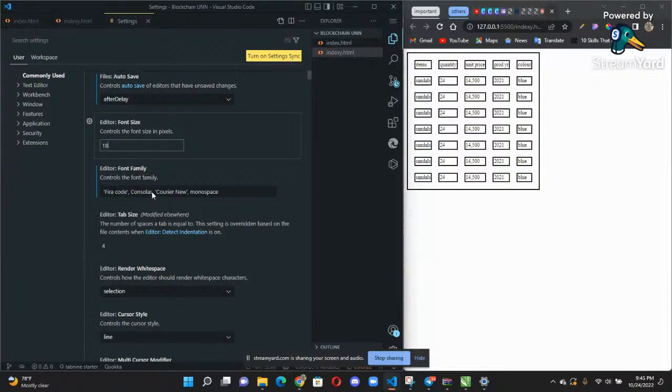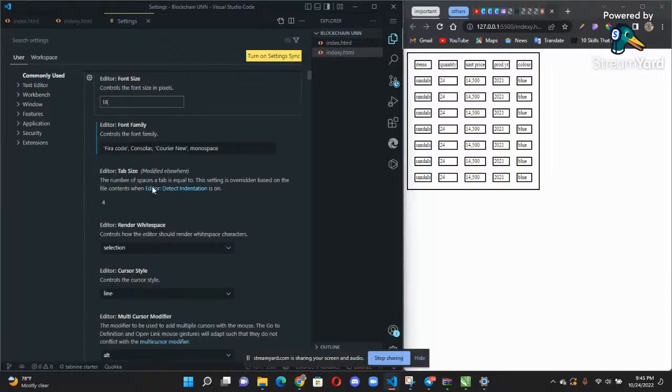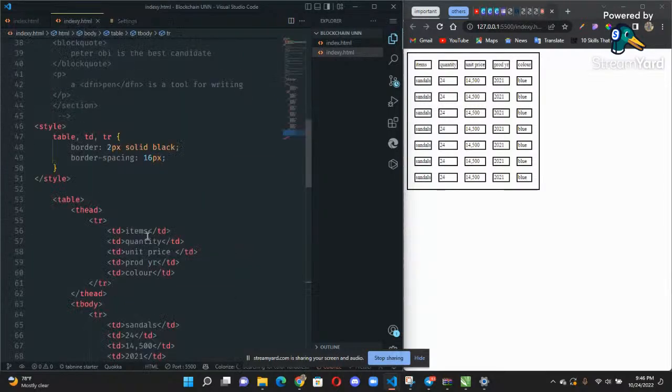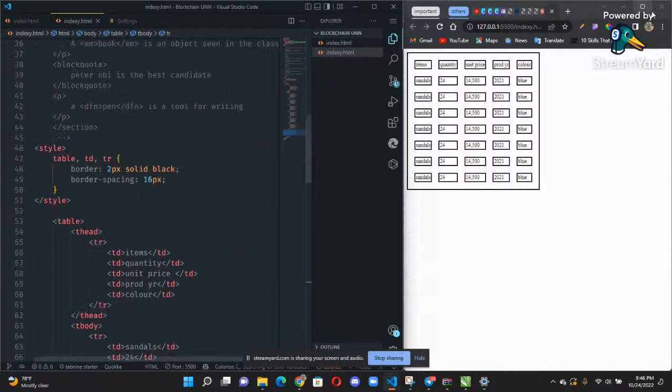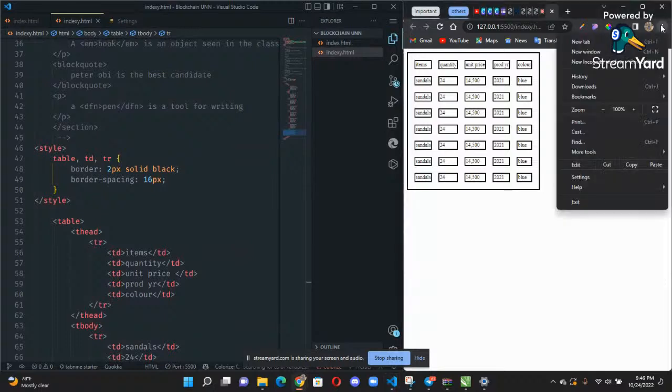And then also you can zoom the output on your browser. I already set 18 now. I think it should be better now. Yeah, I think this is a little bit bigger. Yeah, please carry on.